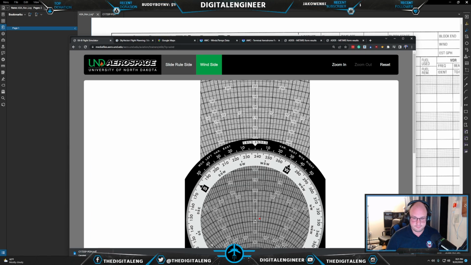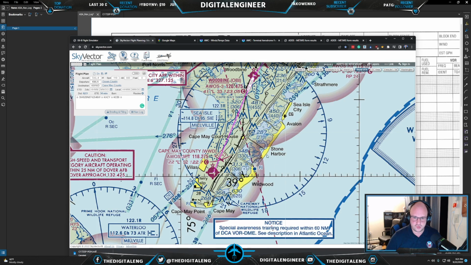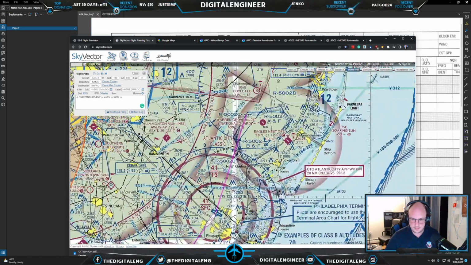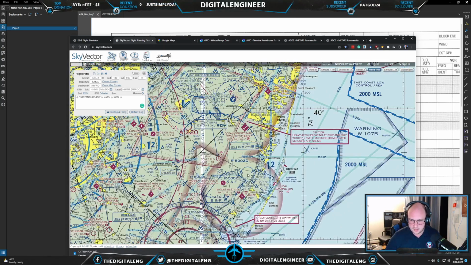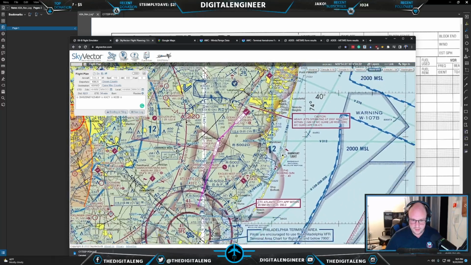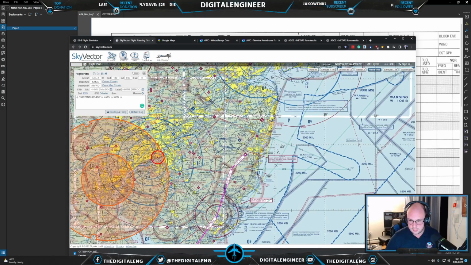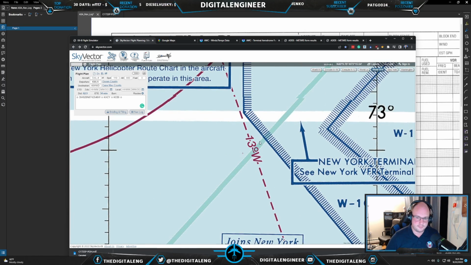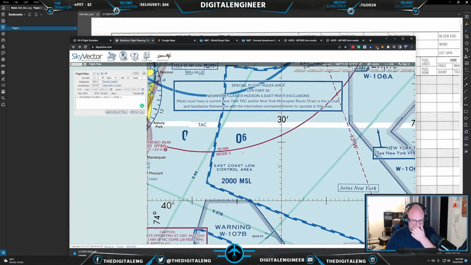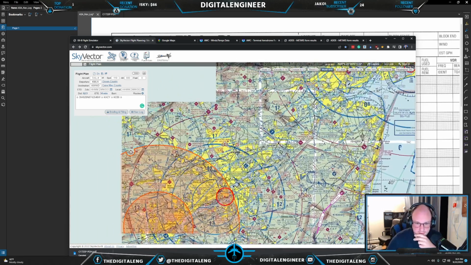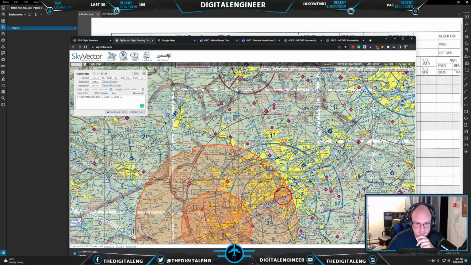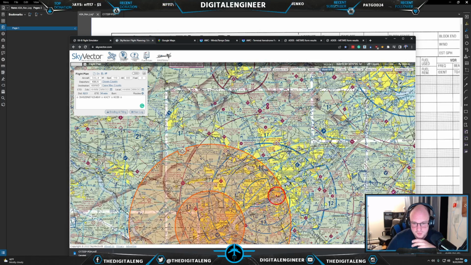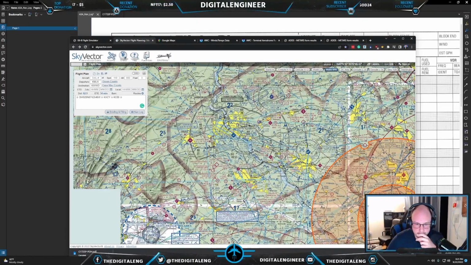The variation is on your sectional chart, which is here. And you need to look for a prominent line that indicates a variation line. There's our variation line. This is what a variation line looks like. 13 degrees west. And you look for your next variation line, which should be somewhere. You always want to find the closest variation line,